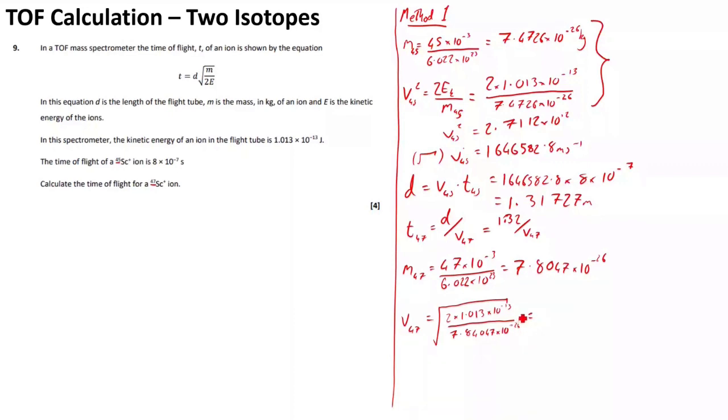And the velocity of 47 comes out as 8.18 times 10 to the minus 7 seconds. You think, does that make sense? Well, it's a little bit slower than the mass of 45. It's a heavier isotope, it should be slower. So the time of 47 equals 1.31727, the time divided by that 8.18 times 10 to the minus 7, and you come out with